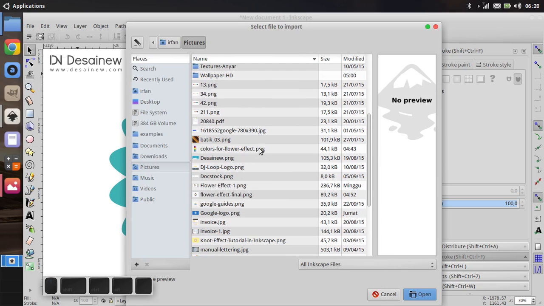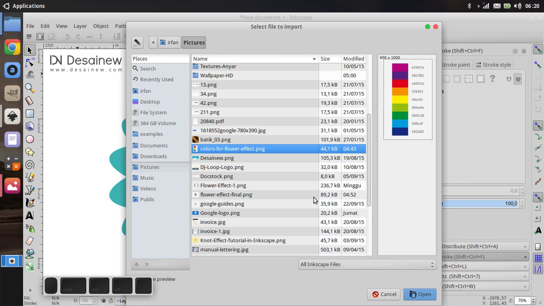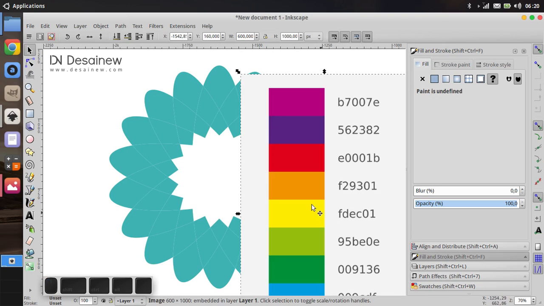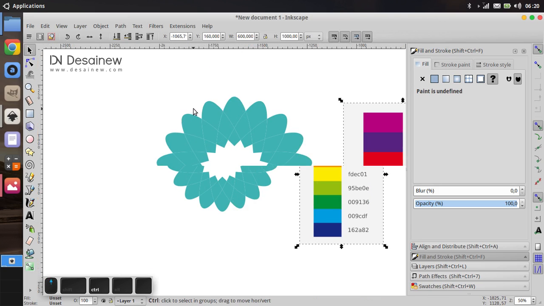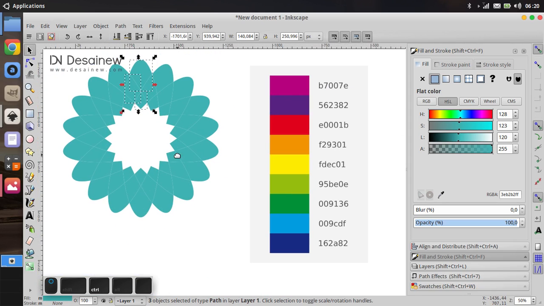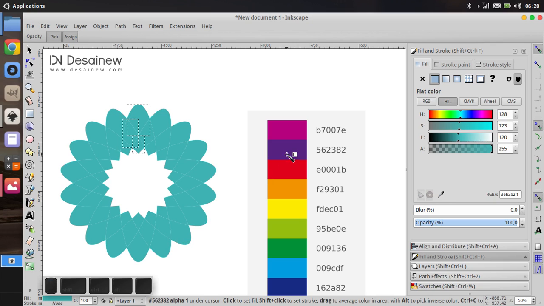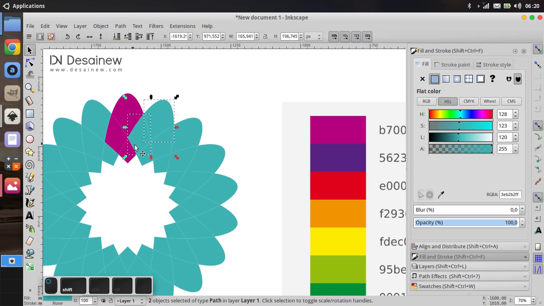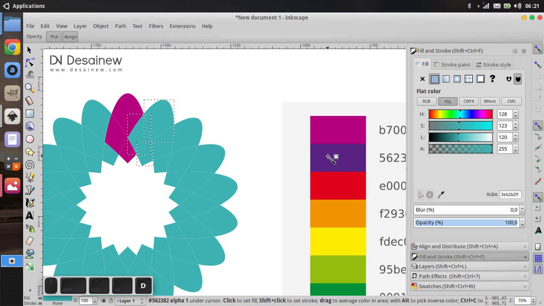For example, select 3 objects, and you can click the dropper tool and click the 3 objects.